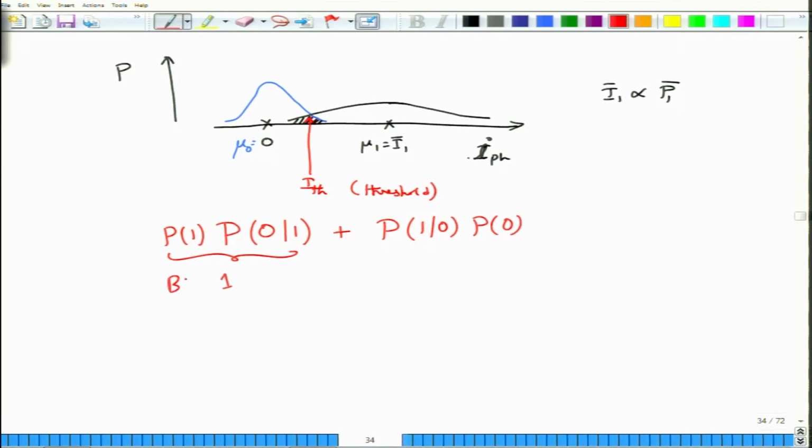Okay. And similarly this would be the bit error probability for 0. Again, whether you use these terms or not is something that you do not have to worry about, but you know that you are going to make these two kinds of errors. Okay. Now, how do I evaluate these errors? Before I can evaluate these errors, let me assume that both P of 1 is equal to P of 0, which means that both 1s and 0s are equally likely to occur. So, you have P of 1 equals P of 0 equals half each.